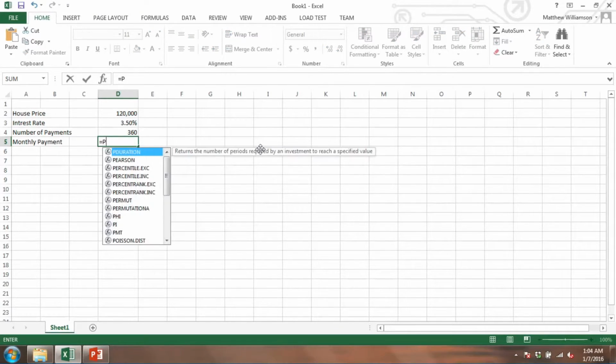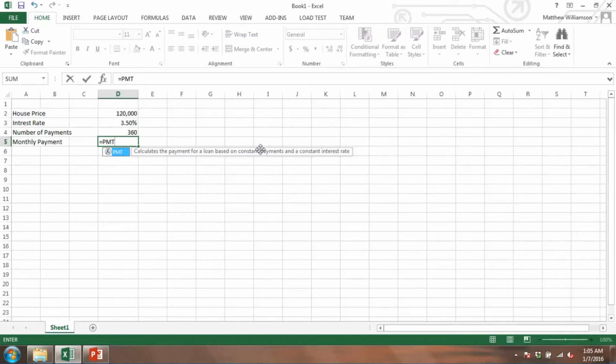So let's do equals PMT. Okay, so the rate is here. Here's our rate, 3.5%. Then the number of payments, 360, and then the payment value is right here. And remember, we're going to make this negative. And then we're not going to worry about the other arguments in here. So if I hit enter,